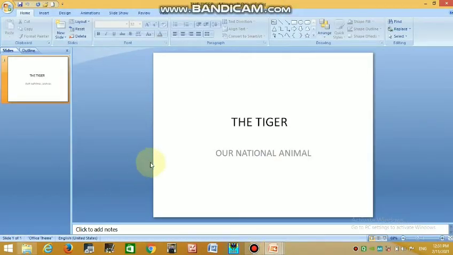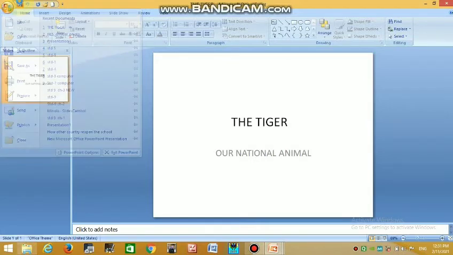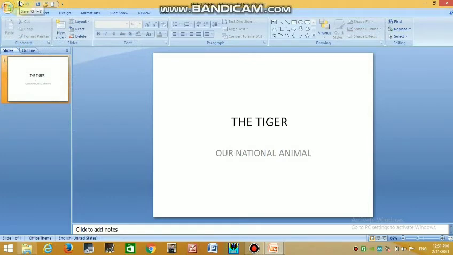जब हम सेव बटन पे क्लिक करेंगे तो टाइटल बार में क्या आएगा? The Tiger, new name. Your file is saved with the name The Tiger. New name of your file, The Tiger. Okay, you can save the file with the help of this quick access toolbar, and you can click on the Office button, and here also is a save button. So this way you can save your file.